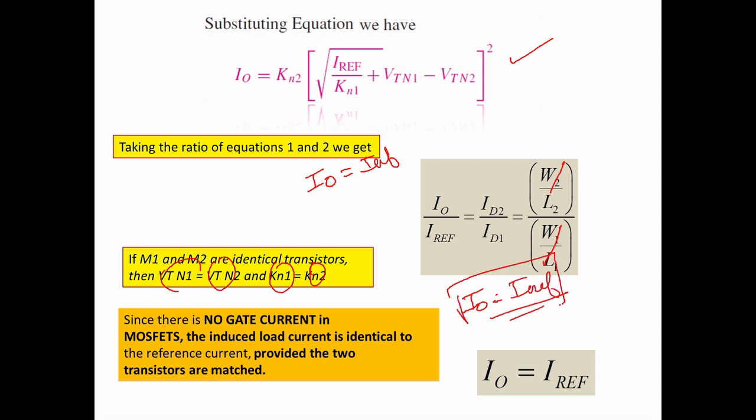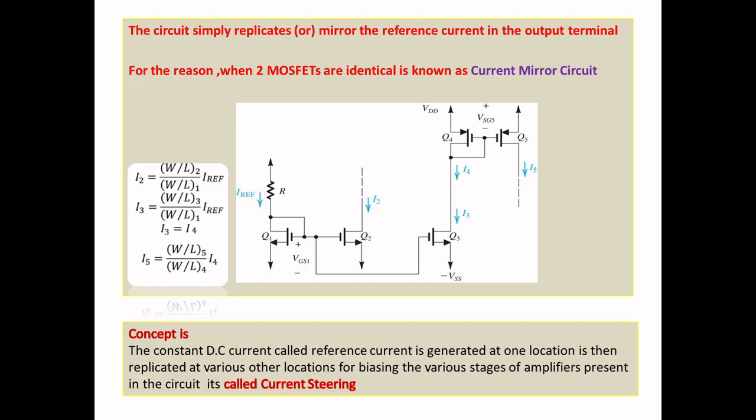So this is a current mirror circuit, that is, IREF is mirrored into I0. M1 and M2 are mirror-intent, that is a current mirror circuit. Okay, I hope you understood. So the very important thing is both should be identical. If any one of the parameters is varying, it is not going to be a current mirror circuit. So this is the next important point. It is a current mirror circuit.